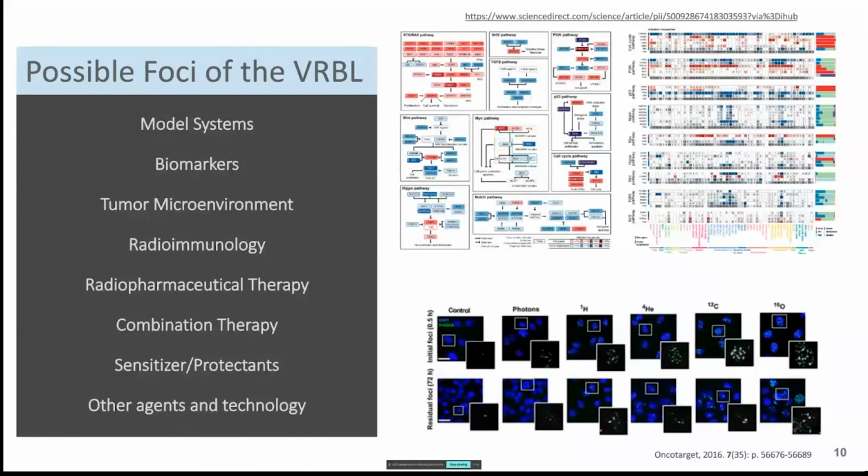Other agents and technologies. This is just the tip of the iceberg. You've got data science opportunities. You've got supercomputing opportunities. You have digital twinning opportunities. We have interactions now with the Department of Energy in the United States looking at these kinds of things. There are supercomputing applications that can be taken to patients that make the ability to treat a patient in a more individualized and accurate fashion, hopefully something that we see in the near term.